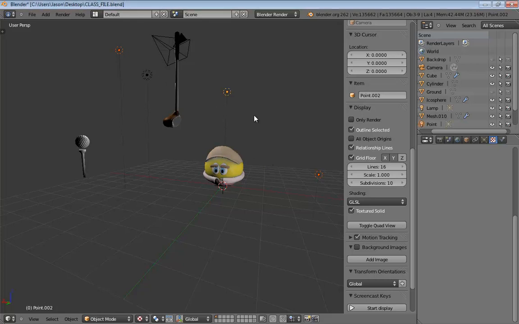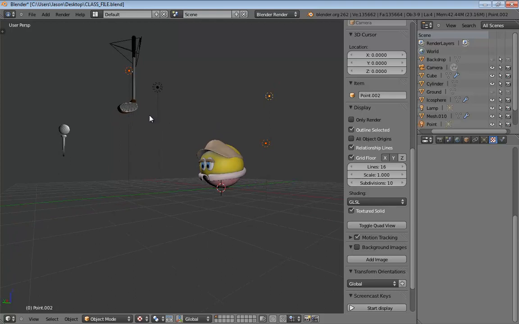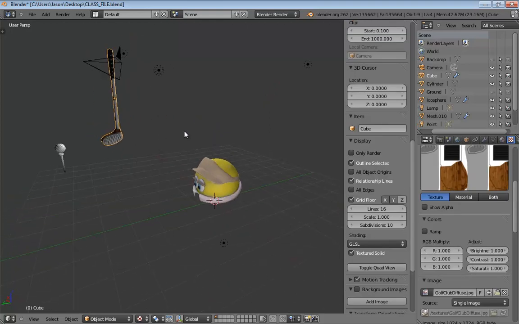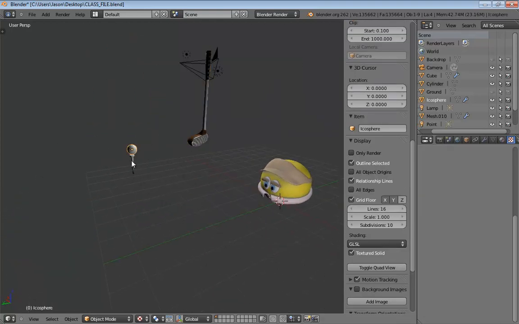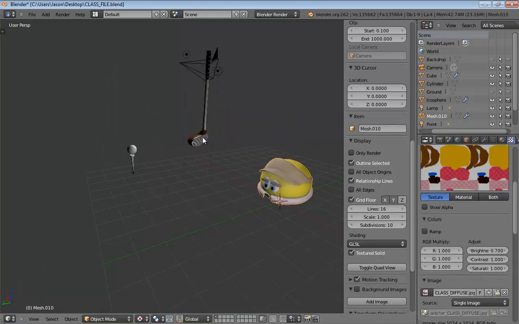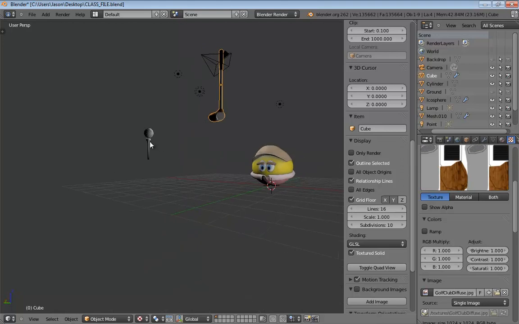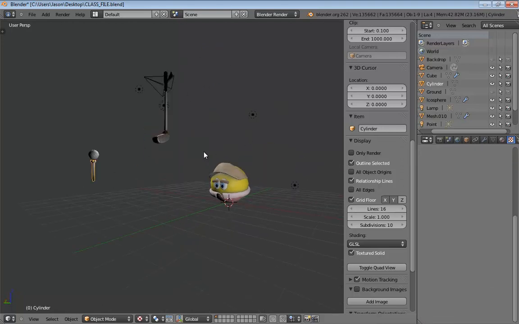Okay, so here we go. The first thing I want to do is rig up our character. Now, hopefully you've got some objects around that you're going to be able to work with. The golf ball, I'll just go ahead and give everybody a heads up right now. What we're going to be doing is rigging up the character and the club. And we're not going to really need a rig for the golf ball and the golf tee. Those are kind of just objects that we'll animate by hand, making them fly around a little later.